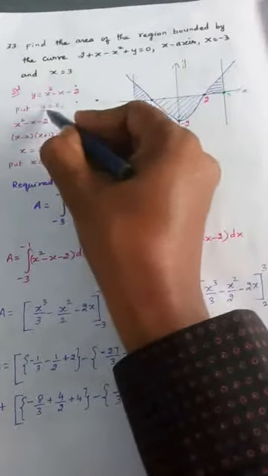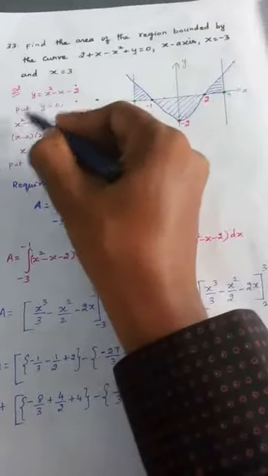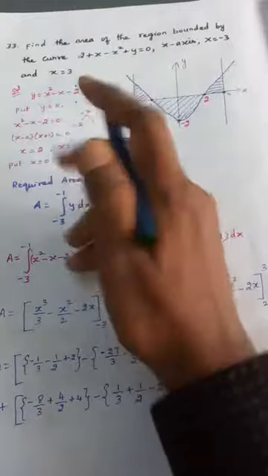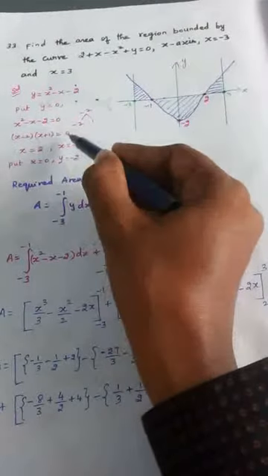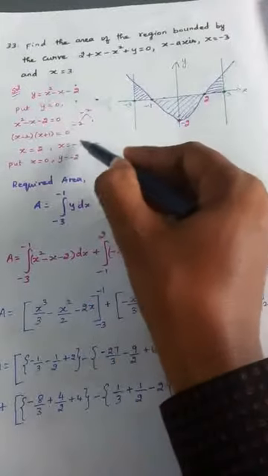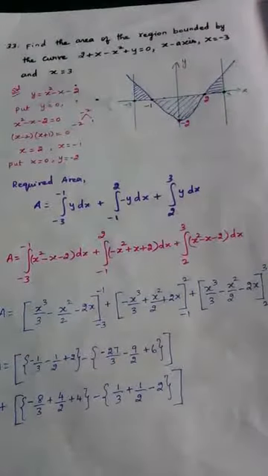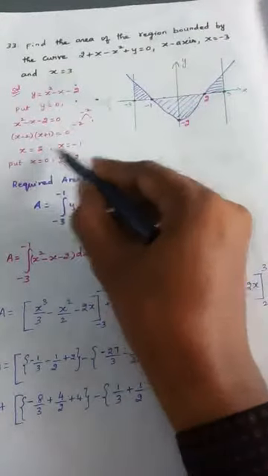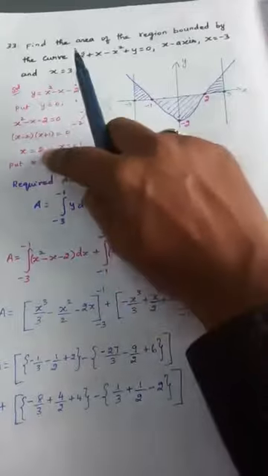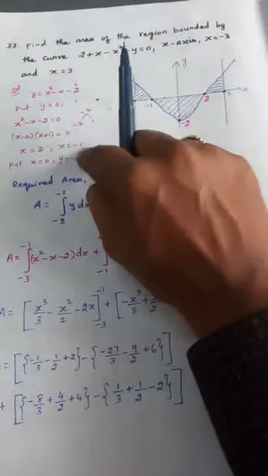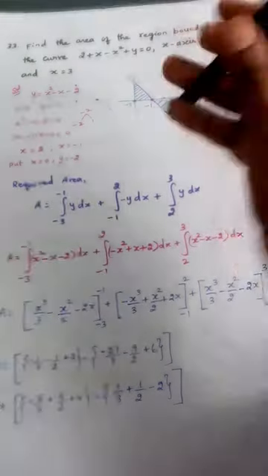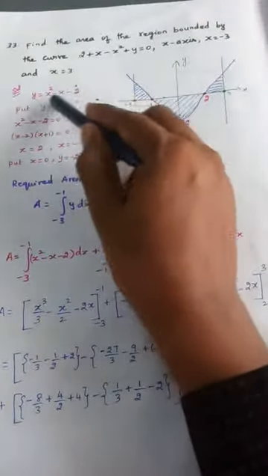So what I am doing, put y = 0. If I make this y as 0, and this becomes 0, factorizing, we will be getting (x - 2)(x + 1) = 0. From this we got two values: x = 2, and the other value is x = -1. What is this? The curve cuts the x-axis at 2 and at -1. The curve cuts the x-axis at 2 points. That is the meaning.